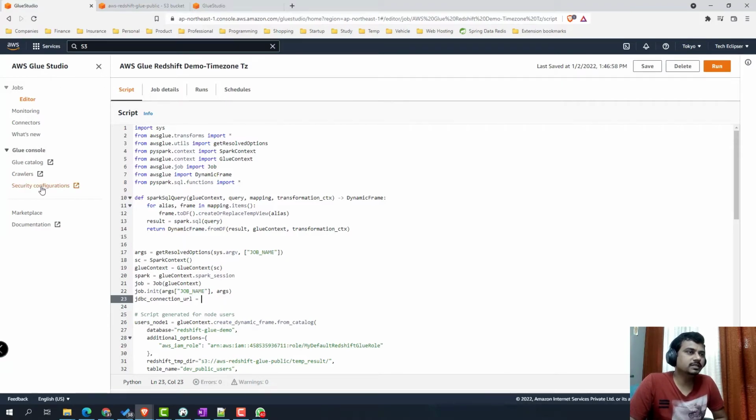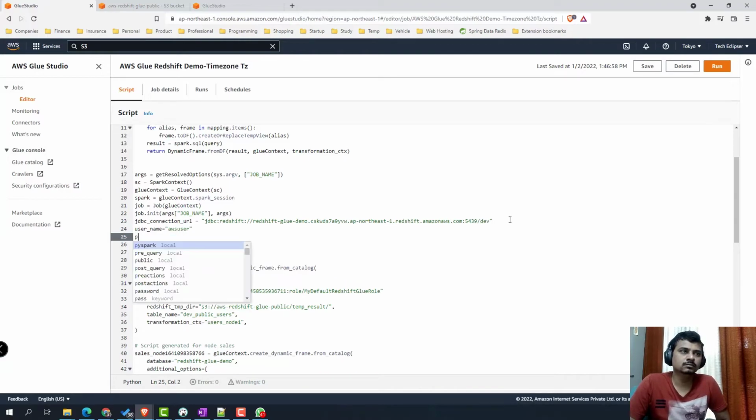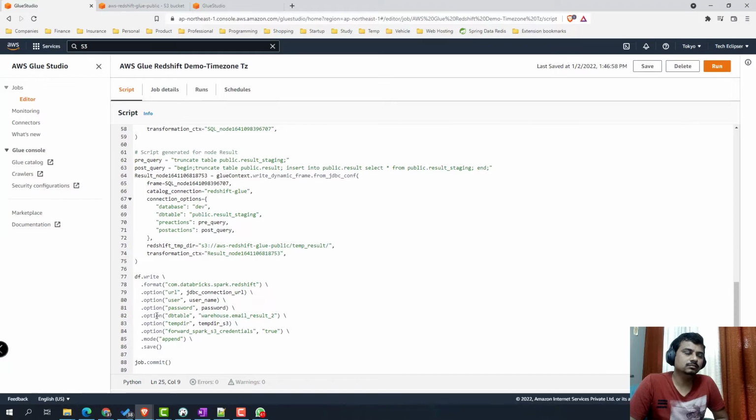So here we'll specify the JDBC URL. The username is the username which we set up at the time of Redshift cluster setup. Here also we'll specify the staging table.